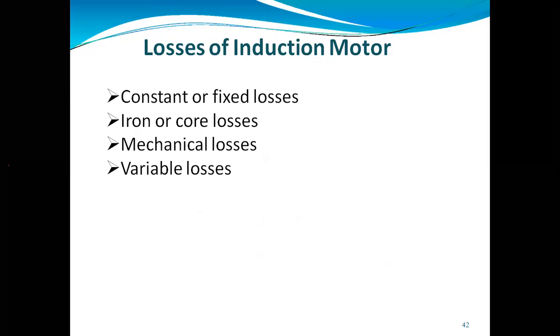And if you are talking about the efficiency of the rotor, then what is the input power of the rotor? P2, so P2 will come in the denominator, and what is the output power of the rotor? PM, the mechanical power PM. PML is the mechanical power loss and PM will be the mechanical power. So you can take rotor efficiency that will be equal to PM upon P2 and three-phase induction motor efficiency that will be P out upon PE.